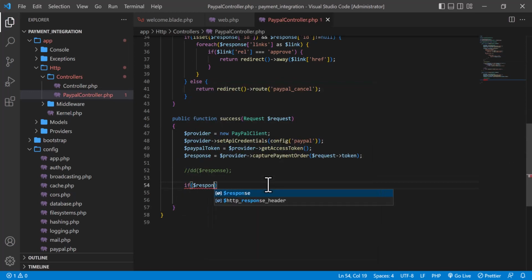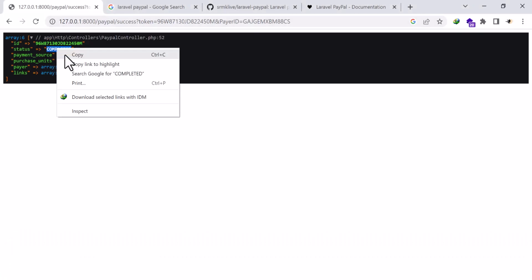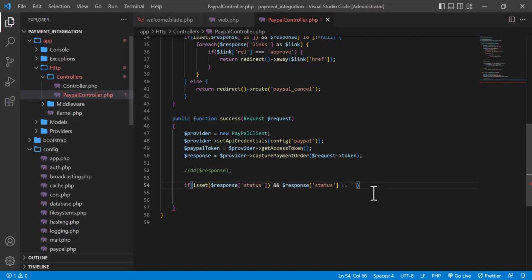here I will just use an if condition. If isset response status and response status equal to, I am going to copy from here, this is completed, so copy. If this is completed, then only I will do something. Okay, so here I can just return a message, payment is successful,